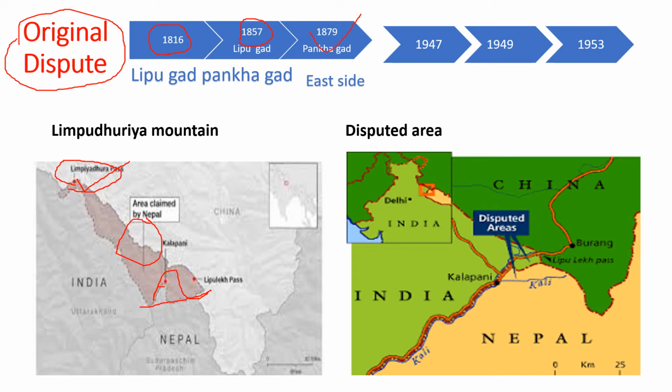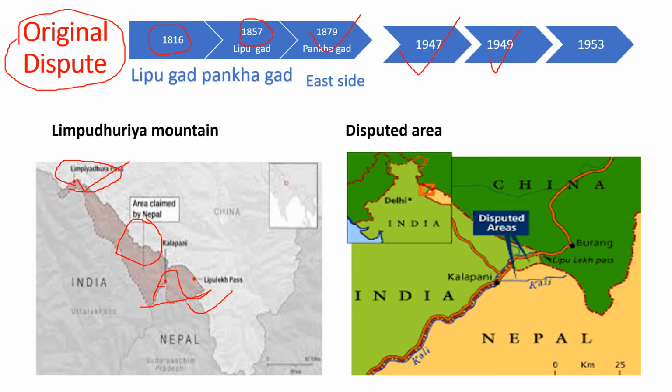When India got independence in 1947, Nepal accepted this treaty and said that we will follow it, but did not demarcate the proper boundary area. In 1949, the Communist government of China came into power. That is the main concern for Nepal and India as well, because communism is over there, and these two countries are both democratic nations.